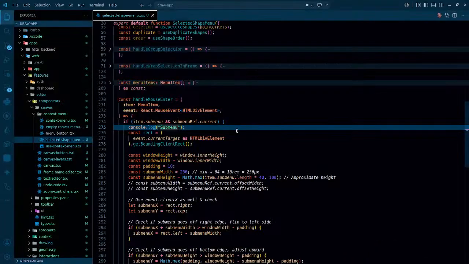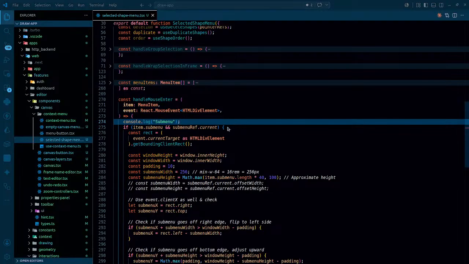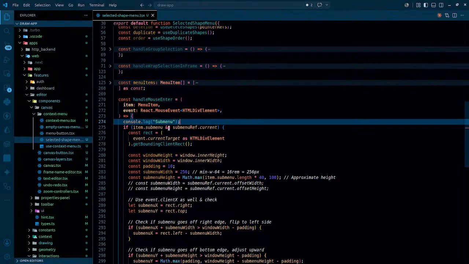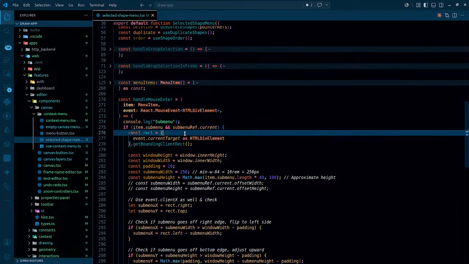This is not really being triggered, so in that case let me go a little. So now this sub menu is actually getting called. So what is the issue? Item dot sub menu definitely exists, but sub menu ref